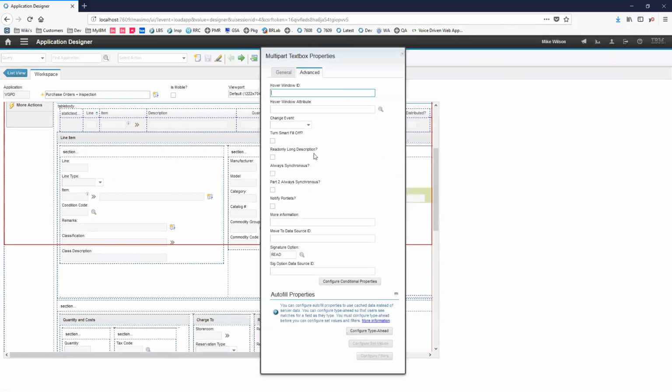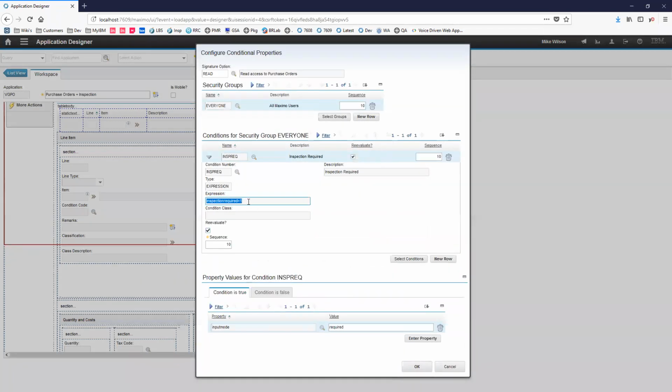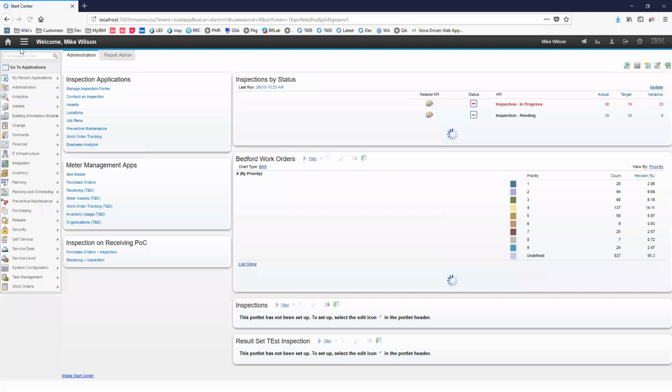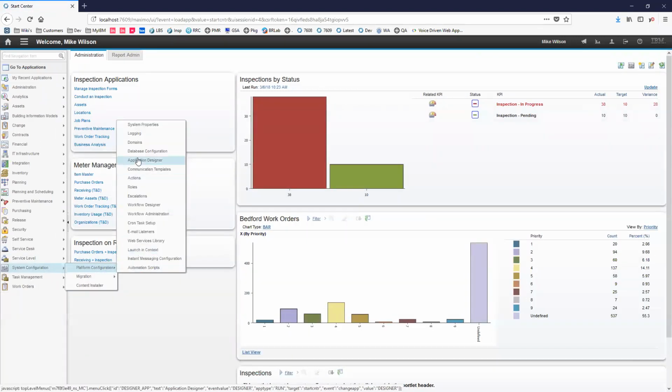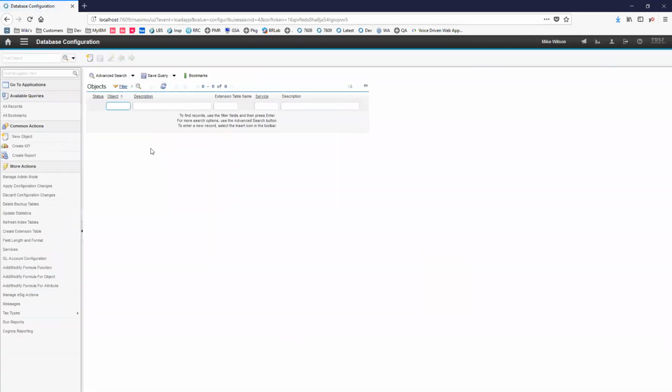And more than that, I created a conditional property. So every time that the toggle that came from the item is set to have an inspection required, I'm also making these new attributes required. As you could see, I also have an attribute, and this attribute has a lookup. So essentially, I created a lookup in Maximo and a domain to fetch data from that lookup that is associated to this new attribute in the database configuration. So PO line,